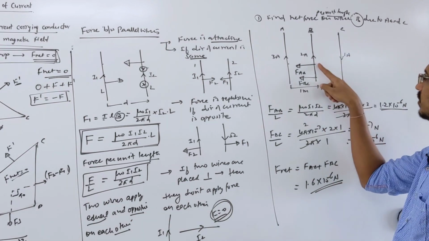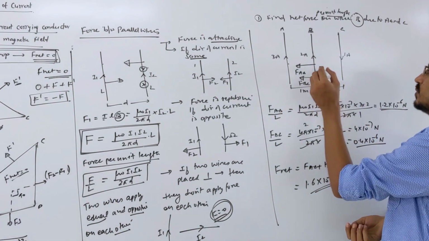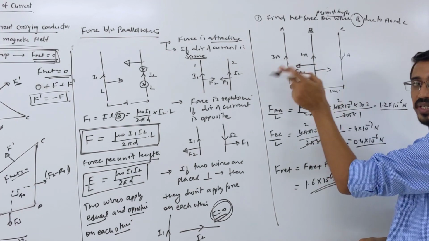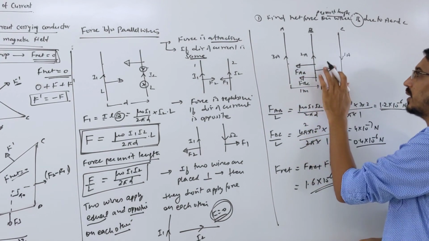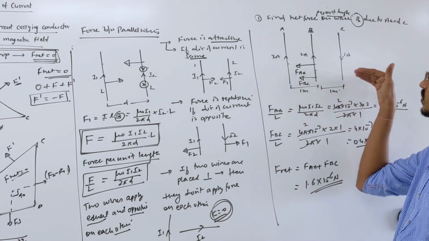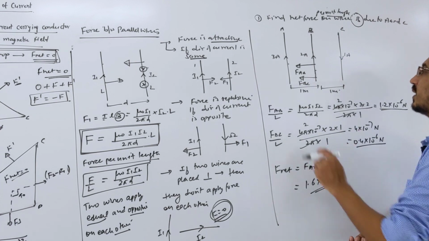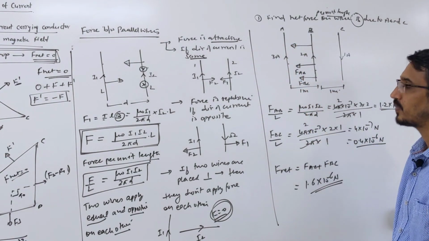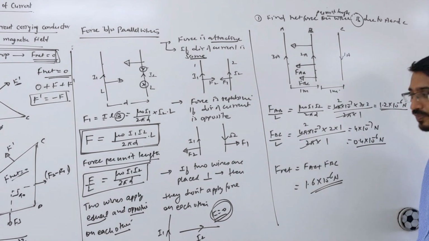Current upward, this also upward, they become parallel. Then the force on this will become in that direction, right? Yes. Then this force and this will be at 180 degrees, so you have to subtract these two so that you can find the net force, right? Under this condition both forces are coming in the same direction, so they can ask you in which direction this wire is moving.